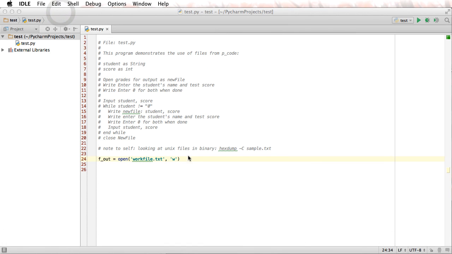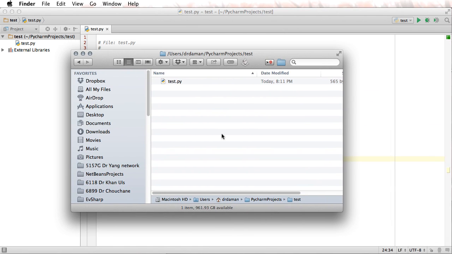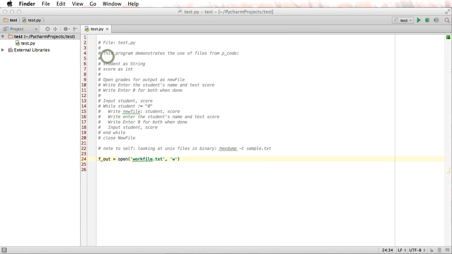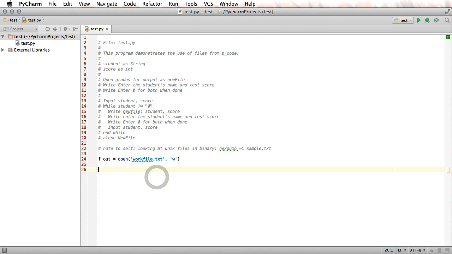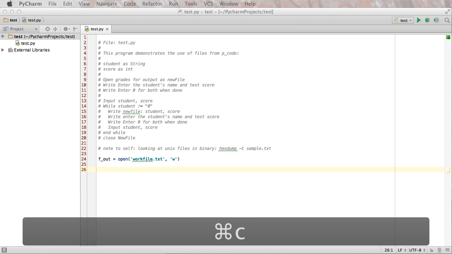Okay, so let's go back here. And let's say that we're going to open up a file called workfile.txt for write. And if I come over here and look, you can see there is no such file at this point. All right. So what should we do now? Well, all we have to do is write a little message to it. And the way that we do that is